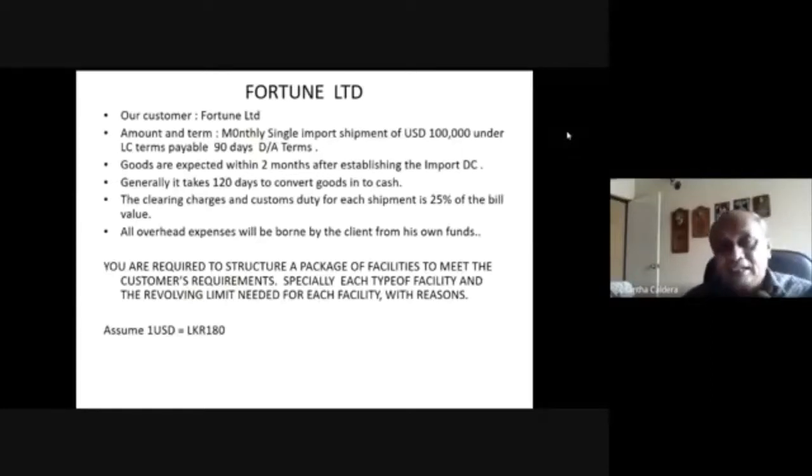Right? Okay. Then the amount and term: monthly single import shipment of US dollars 100,000 under LC terms, payable 90 days DA terms. Right? On the left side, the starting point of the left,